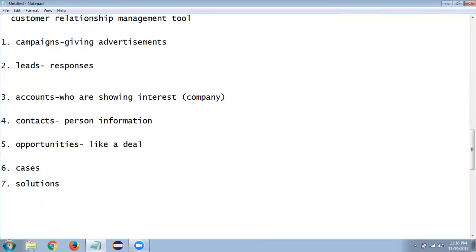And coming to cases and solutions, after purchasing the product, a number of problems come up. So at that time, it's like customer care. It's support, meaning that after purchasing any product, if you get any problem, the organization also maintains customer care related software and customer care related people. It depends on that particular case.